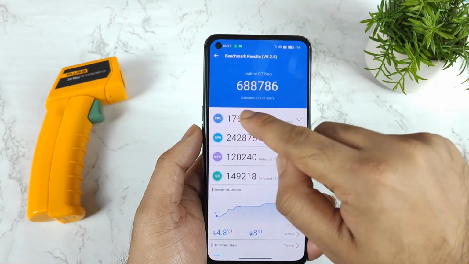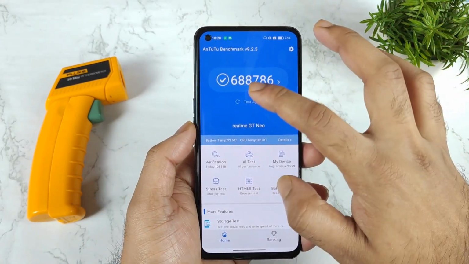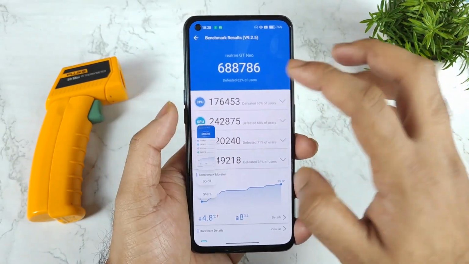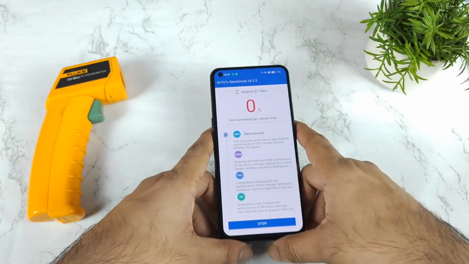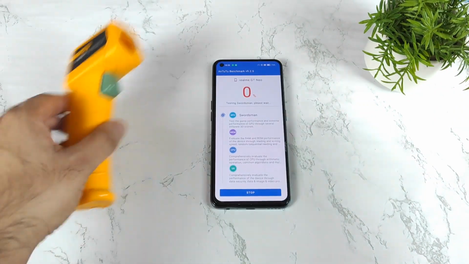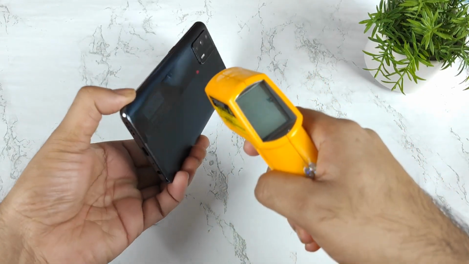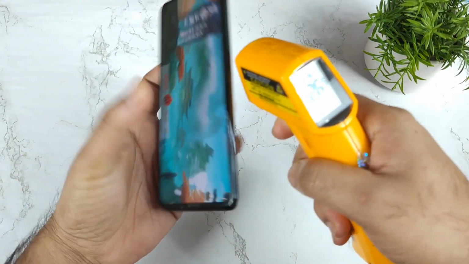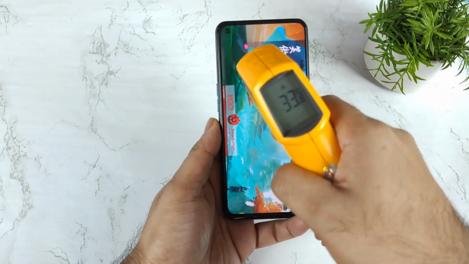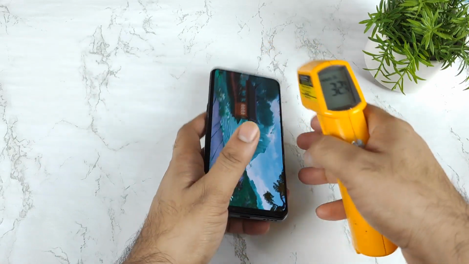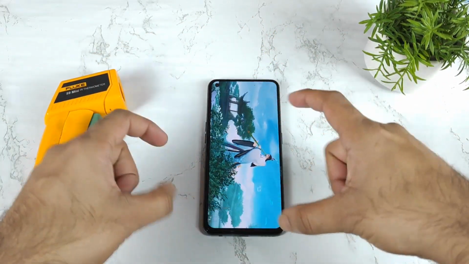Right now I'm checking whether there is any memory full issue or not. There are no memory full issues at this moment. Now let me start the test. Before that, let's take the screenshot. Before, with using RAM expansion, this was the score, and right now I'm doing the test again. Let's see how high a score we can expect this time and what the temperatures will be during this demonstration. Right now it's 32 degrees Celsius, 31 on the front side, 33.6 on the back side, 32.8, 33.8, 34 degrees. I'll be back after some time to check the temperatures and see what's going on in this Realme X1 Max device.